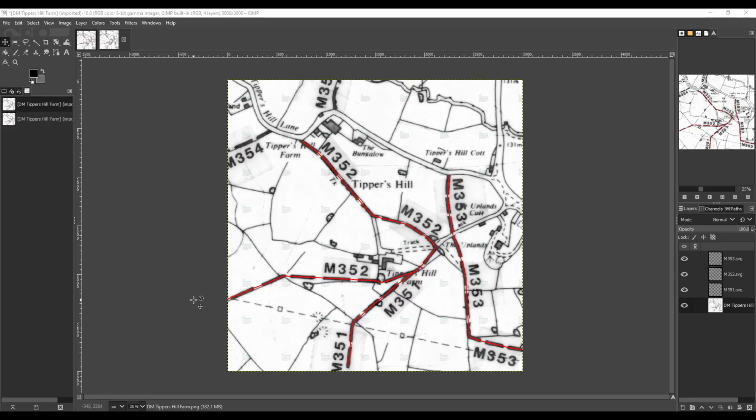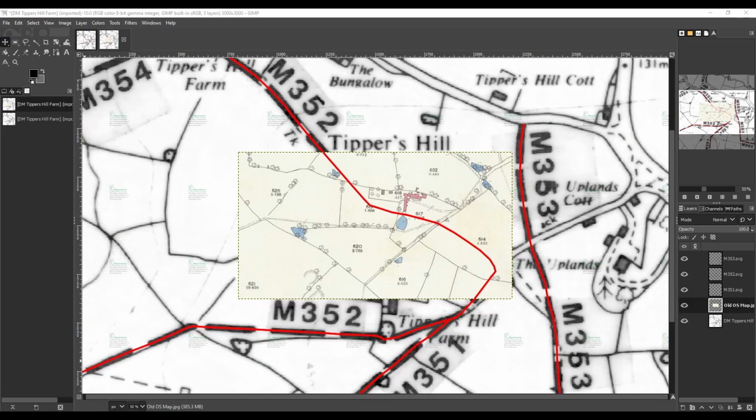So here we are. I've got the definitive map loaded up into GIMP, and I've also got 3 traces in here for the 3 paths which are in our area of interest. I've preloaded these up. So the next thing to do is to load the old map from National Library of Scotland. So I've done that now and zoomed in a bit, and as you can see, this is quite a